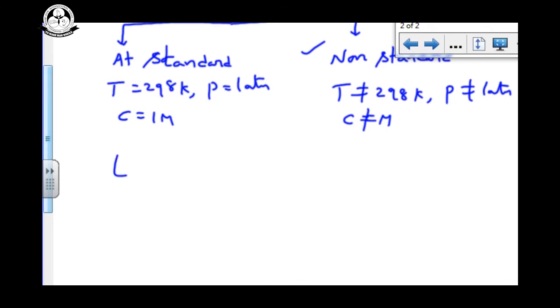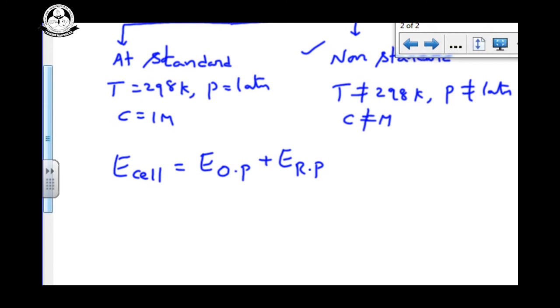See how to calculate the EMF of the cell. In our cell there are two components: left hand side anode, right hand side cathode. Anode is oxidation, cathode is reduction. The left hand side anode provides a potential called the oxidation potential, and the cathode provides a potential called the reduction potential. The sum of the oxidation potential and the reduction potential is called the EMF of the complete cell.